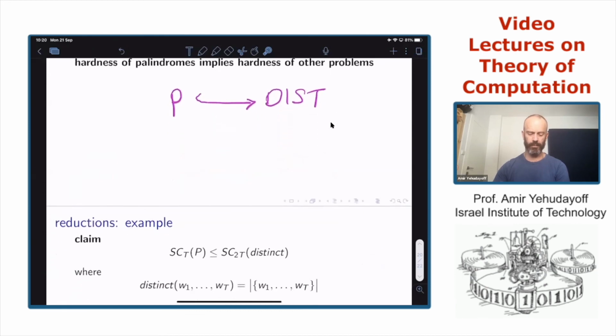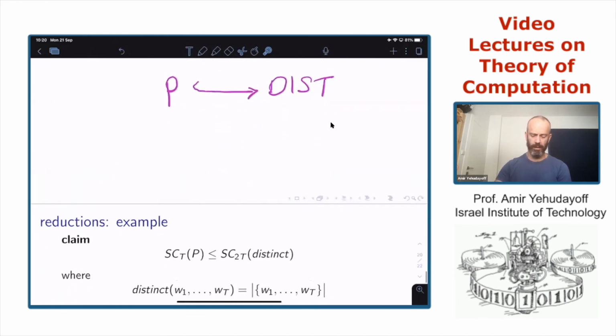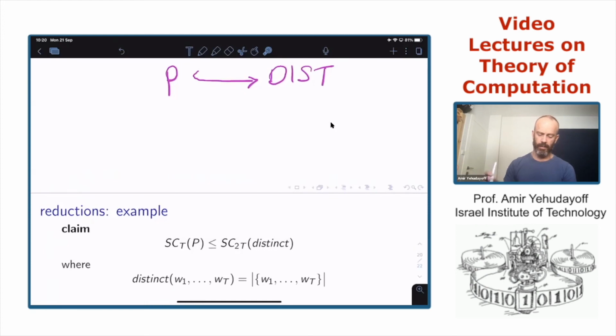The example is that the streaming complexity at time t of palindromes is at most the streaming complexity at time 2t for the number of distinct elements.